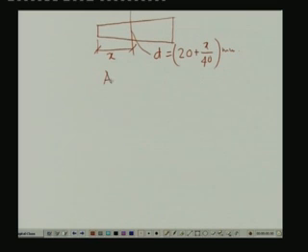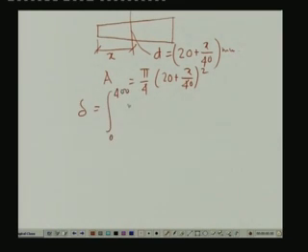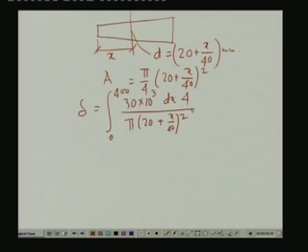Hence, the cross sectional area A is equal to pi by 4 times (20 plus x by 40) square, and delta is equal to the integral from 0 to 400. The load is 30 kilonewton, so 30 times 10 to the power 3 Newton, dx, L by A, which is pi by 4 times (20 plus x by 40) square, times 4 over pi d square by 4 times E, which is 72 GPa. So, 72 times 10 to the power 9, so much of millimeter, and if we compute this, this will give rise to 120